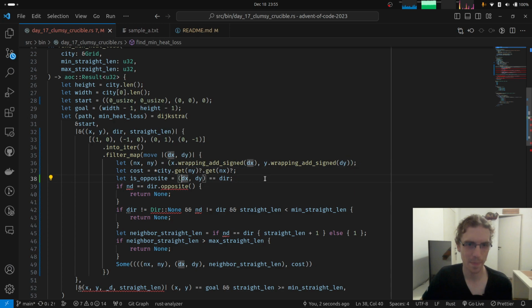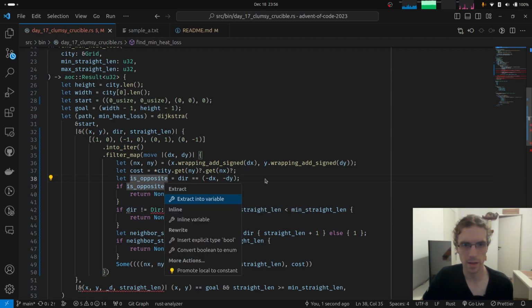And here we're going to say, okay, it's opposite if the direction that we are going is minus dx and minus dy. And if this is the case, so if it is the opposite direction, we just early return.